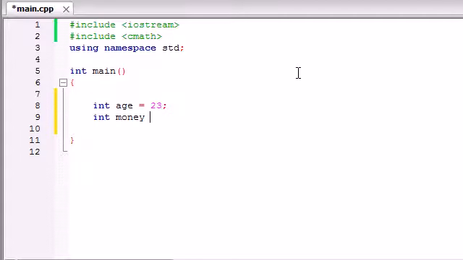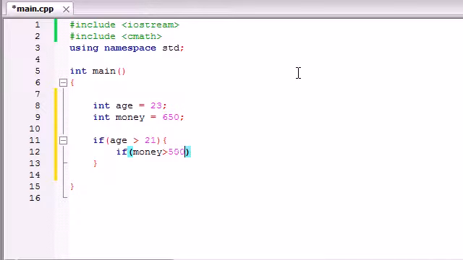And the next thing we're going to be looking at is how much money they have because we don't want to allow poor people into our five-star nightclub. So let's say they need more than $500. So let's go ahead and make this person have $650. So we can test this like this. If age is greater than 21 and if money is greater than, what, say 500,